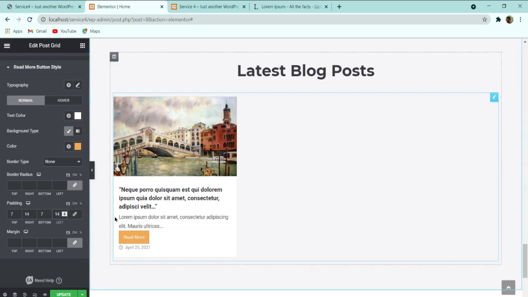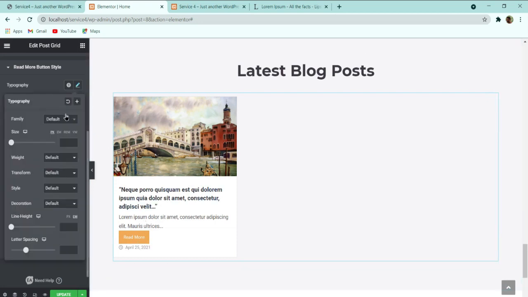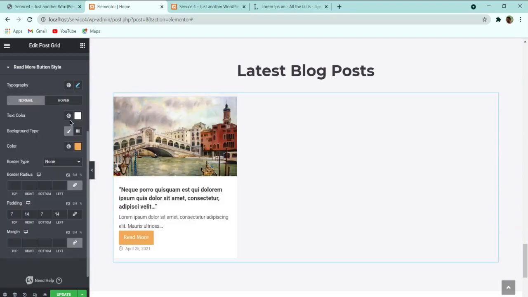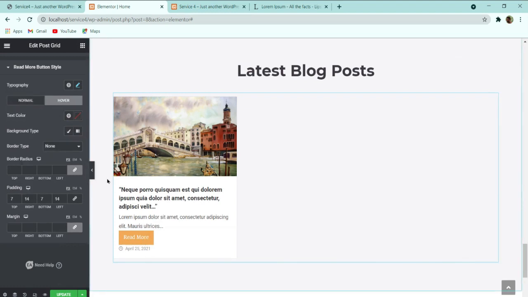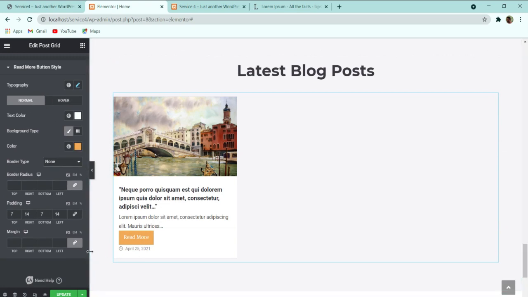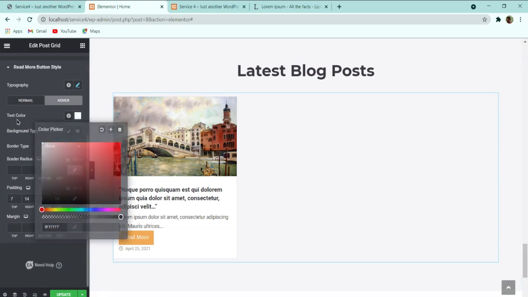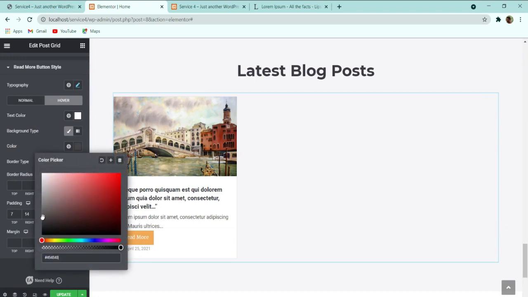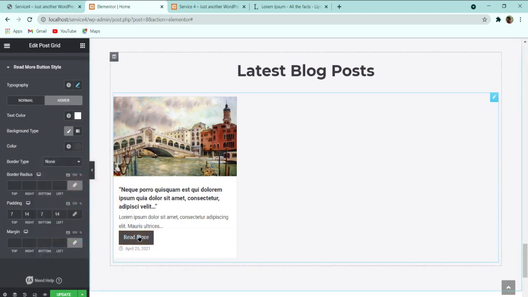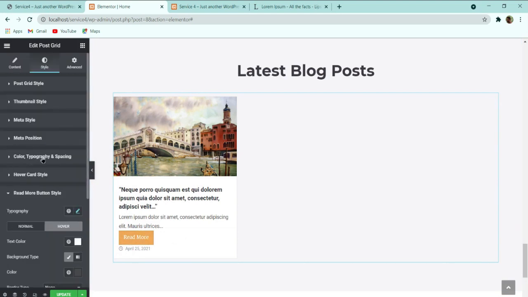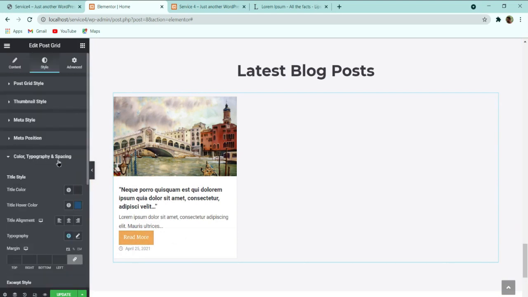With this, here you can see that this read more button is also customized, and you can change the typography. For font family, let me select Martel, and give it 16 pixel, or you can make it 14 pixel. After that, font weight will be 400, and line height we don't need to give. And on hover also you can edit this button. If you want to change any hover color, suppose I want to make the text color white and background color black. So here you can see that when we are hovering over it, the background color is changing. Similarly, here you can see color, typography and spacing.